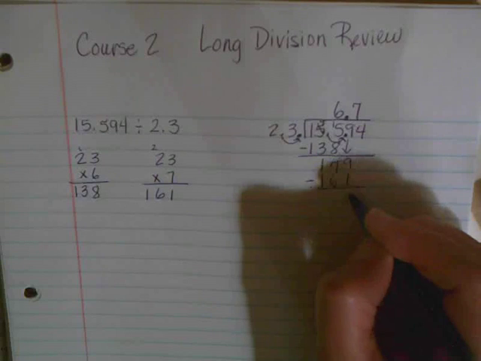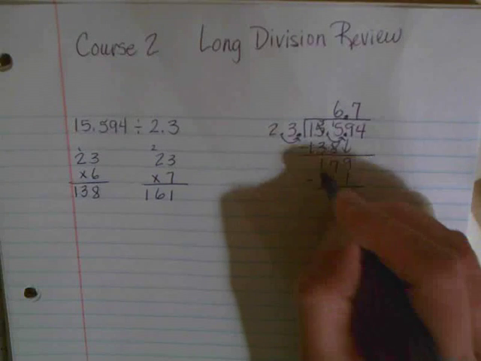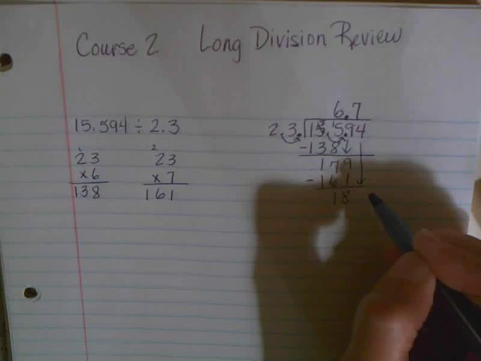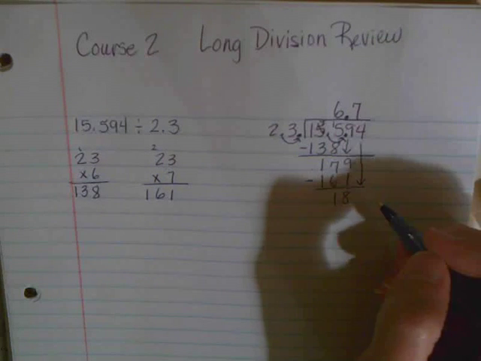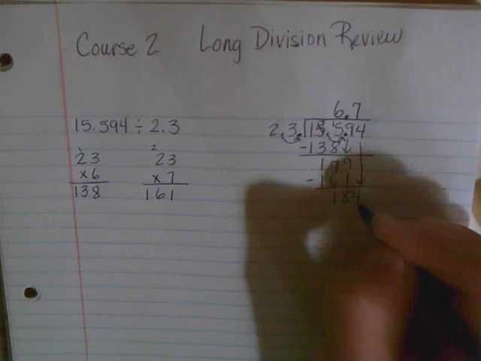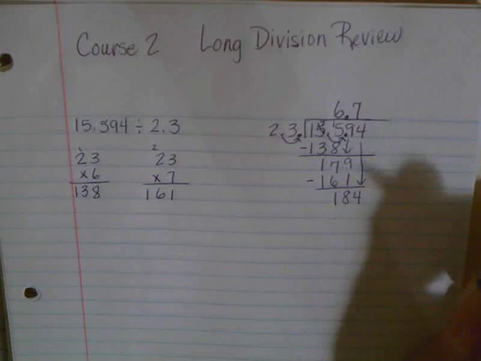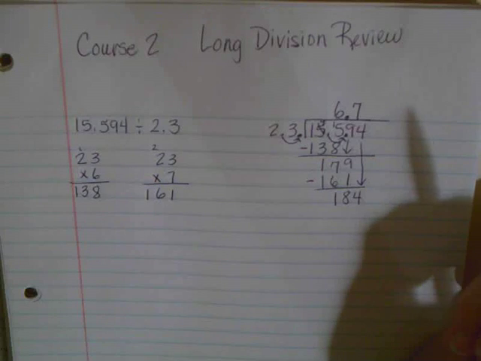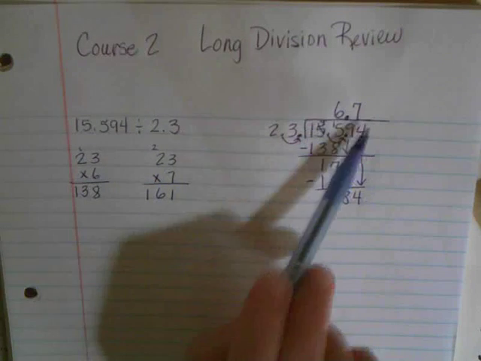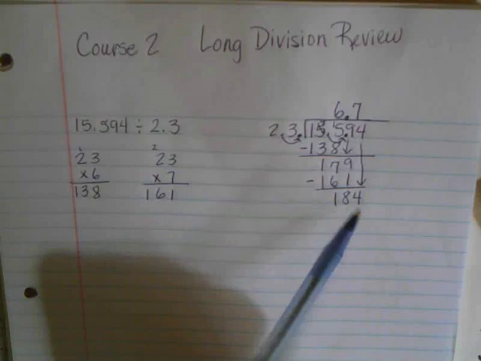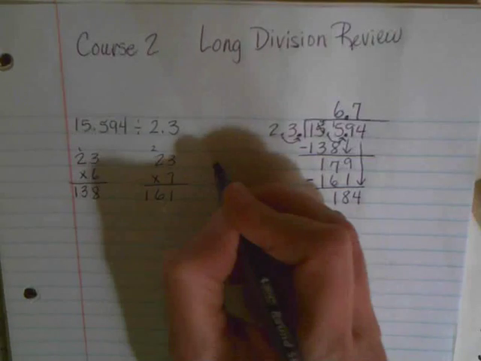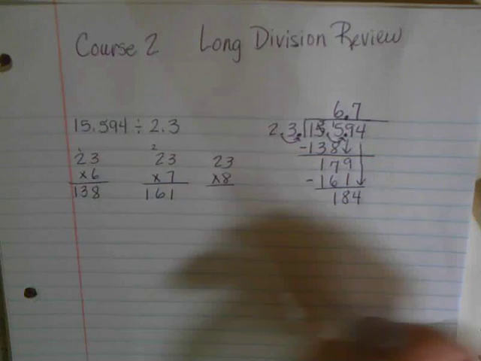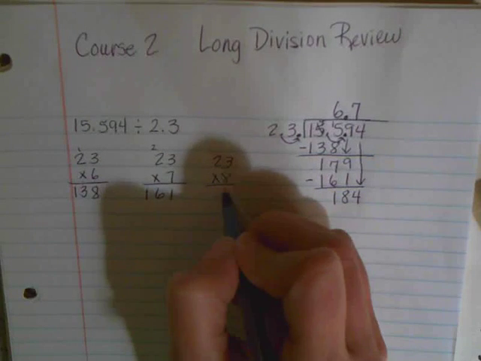So 9 minus 1 is 8, 7 minus 6 is 1, that's a 0. 18 is less than 23, so I'm ready to bring down again. I bring down the 4, and okay, so now I have 23 into 184. I know 23 times 7 is 161. I think if I multiply by 8, or add another 23 here, however you like to do it,